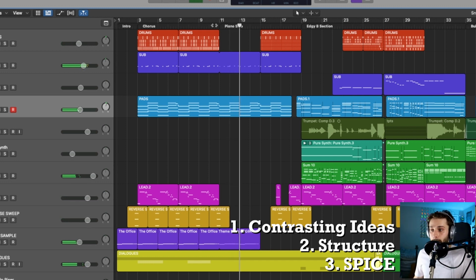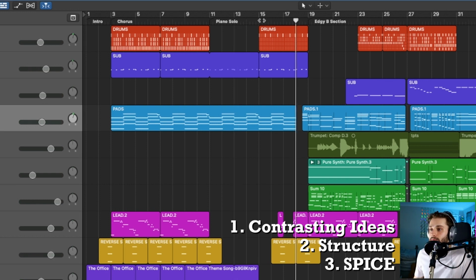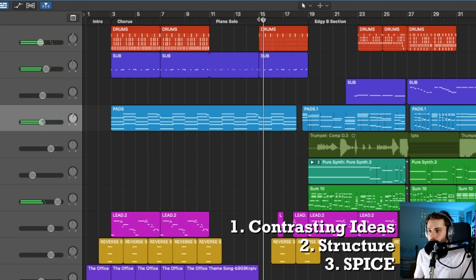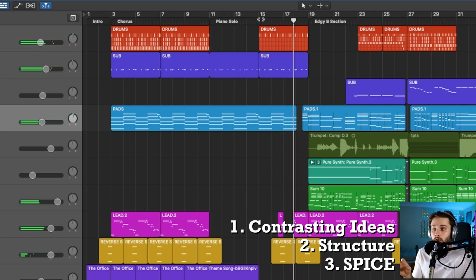You're hilarious. You really feel that shift of section, you know? And then at the end of this piano solo section, I added a bit more drums, because what I wanted to do is build a bit of tension going into this next edgy B section, into that minor section. But I also wanted to make sure